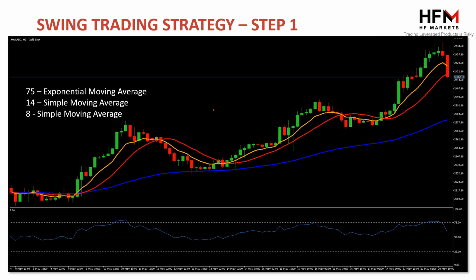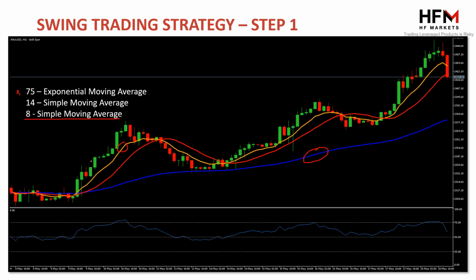Today's swing trading strategy has 4 indicators on our chart under 2 categories. This is the first step, of course. Here, ladies and gentlemen, we have a 75-bar exponential moving average, and I've written it down here for everybody. The yellow here is an 8-bar simple moving average. Now, people have an option. If they want a slightly delayed signal, they can have an 8-bar simple moving average. Most people prefer